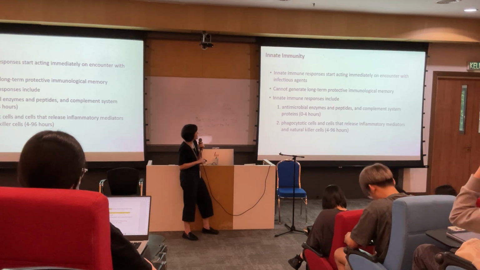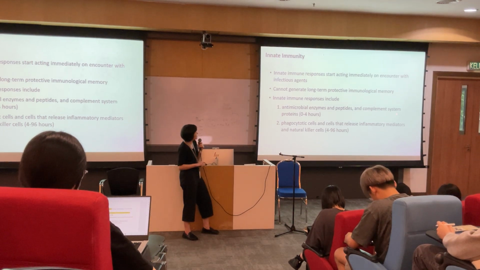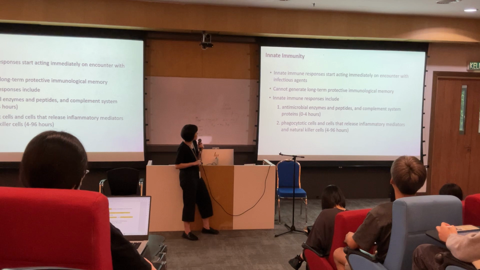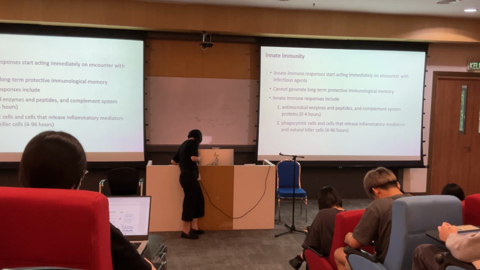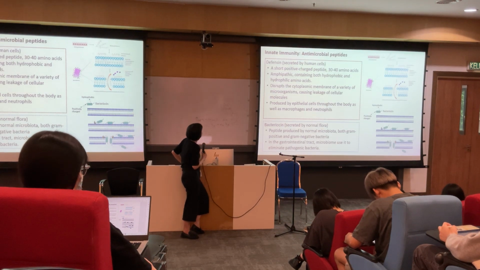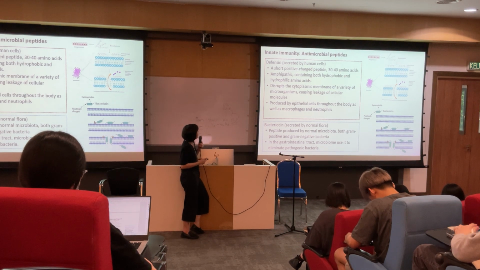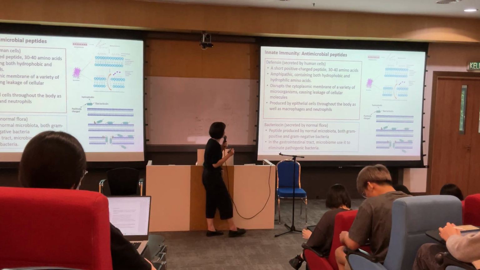The antimicrobial enzyme and peptide is one. The other that can protect the cells is the complement system that works together with our immune system to defend us. And finally, the phagocytic cells, all right, and the natural killer cells. Those are very important as they are the main components in our immune response. Now, we first talk about the antimicrobial peptide. It's very simple. It's just a peptide released from human cells that has antimicrobial property and they